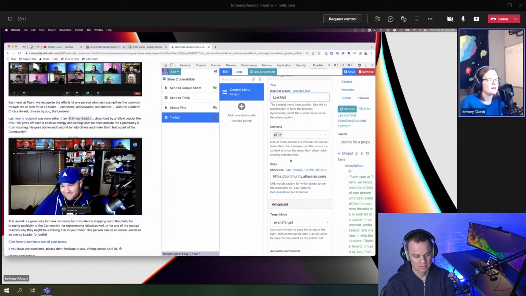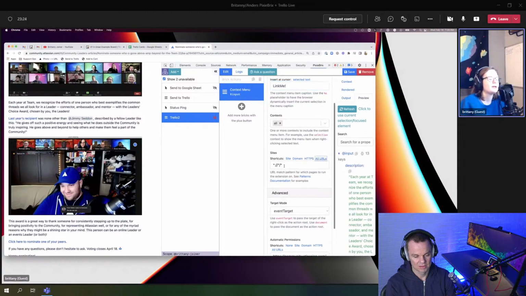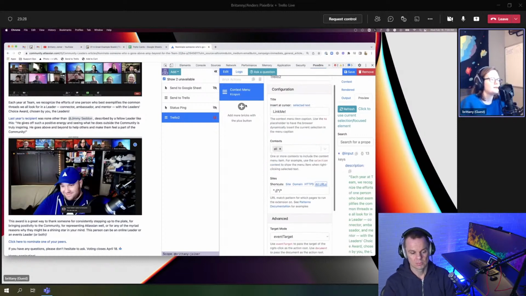You can specify where you want this to happen. I actually want this to happen anywhere on the web, not just when I'm on the Atlassian community. So I'm going to click all URLs, and it updates that string right there to be clear that I want to use it everywhere. And then next, you're going to add the